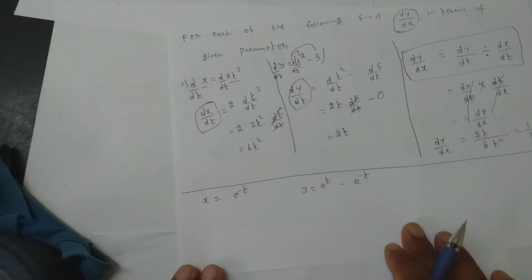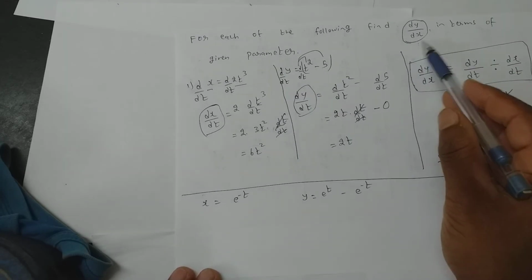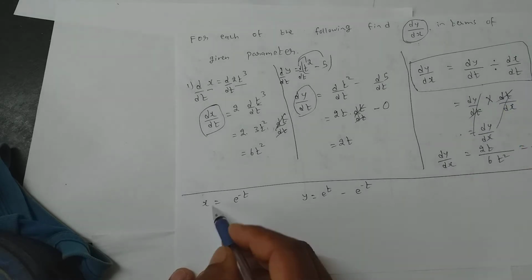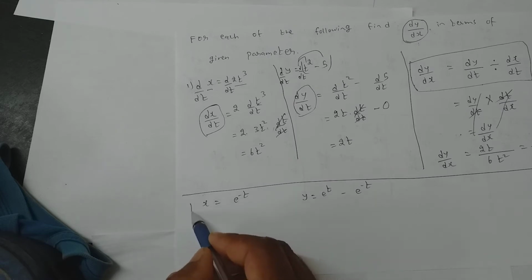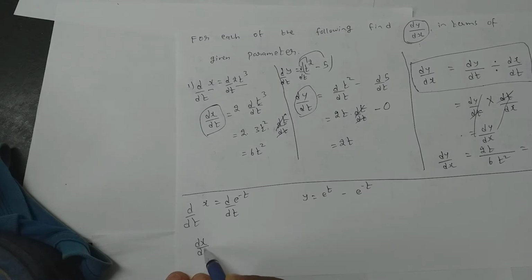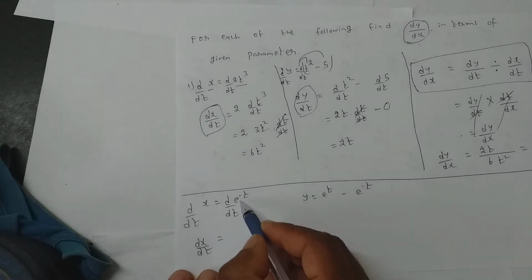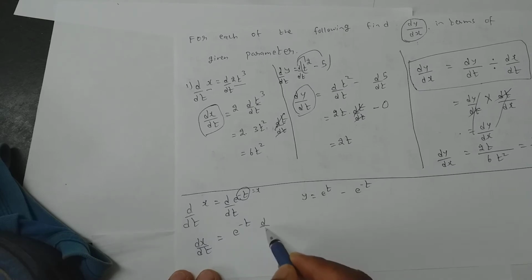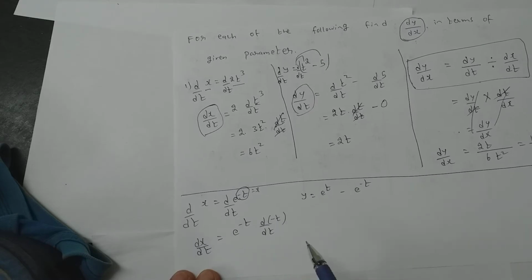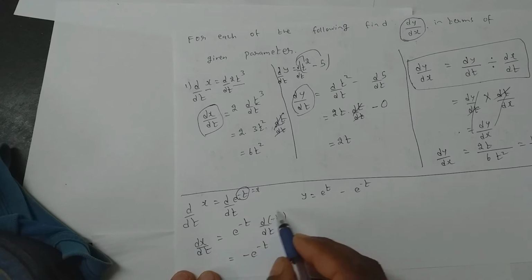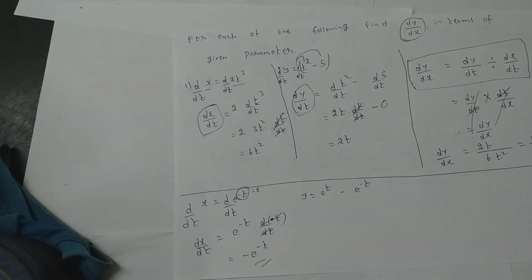Look at the next sum. You need dy by dx. So the formula for dy by dx is dy by dt divided by dx by dt. So now here x is given in terms of t, so you need to differentiate with respect to t. So this remains like that only. And on the other side, e power x you will assume is e power x only. So minus t into d by dt of whatever you have assumed. So it becomes e power minus t into, this minus will come out. Then once the minus has come out, it's only dt, they get cancelled. So this is my dx by dt.